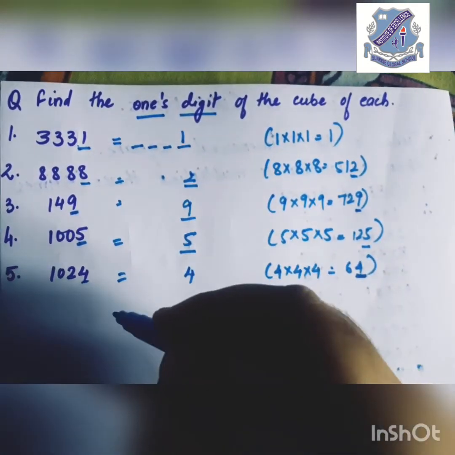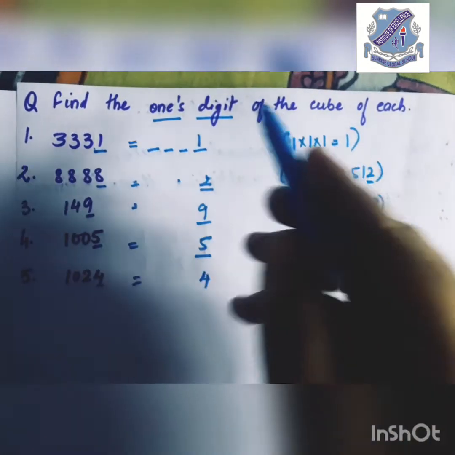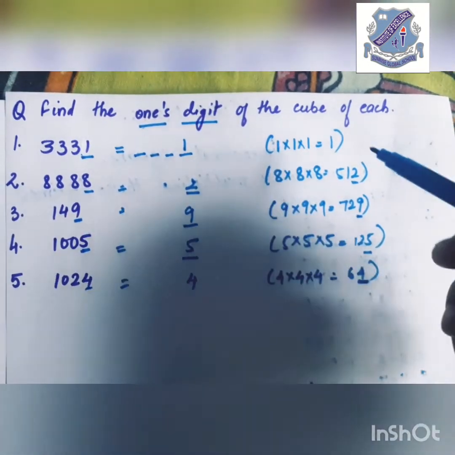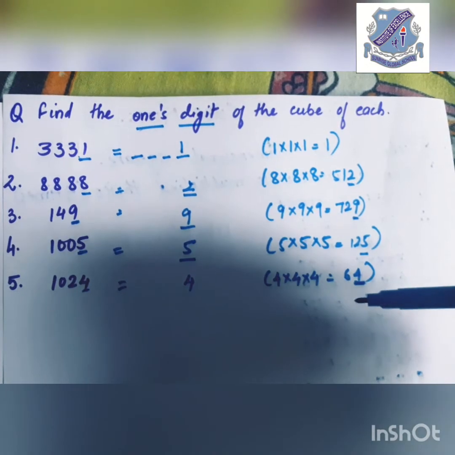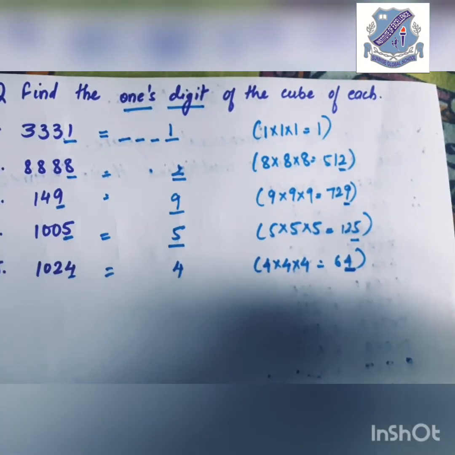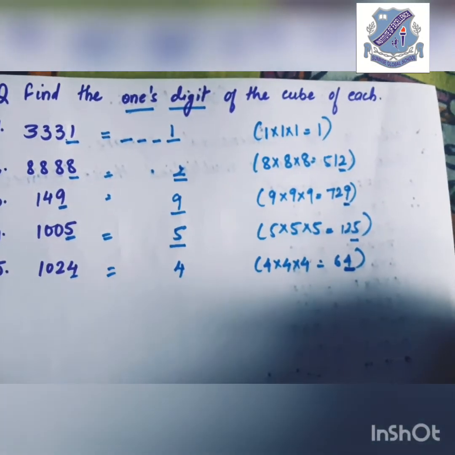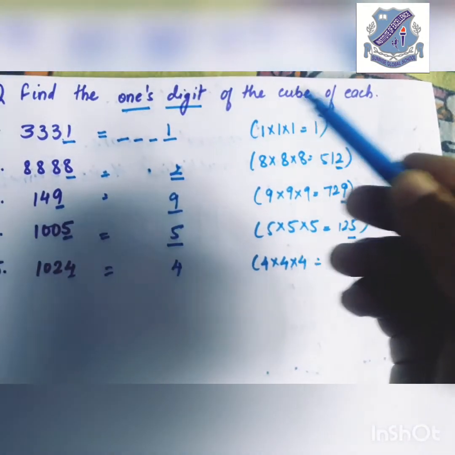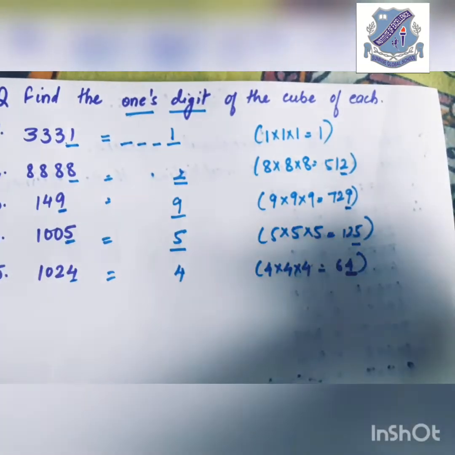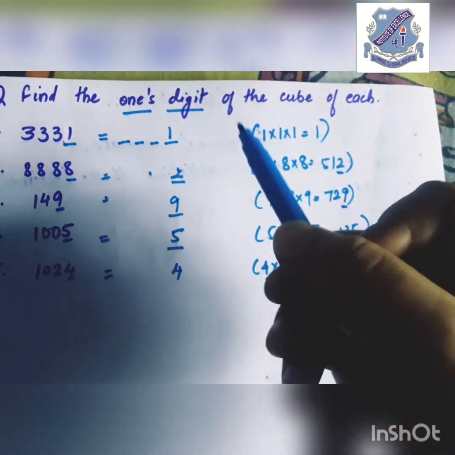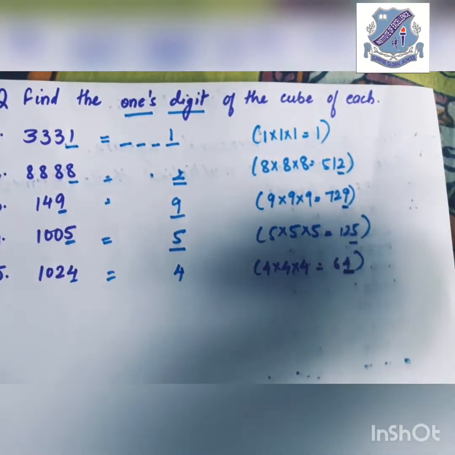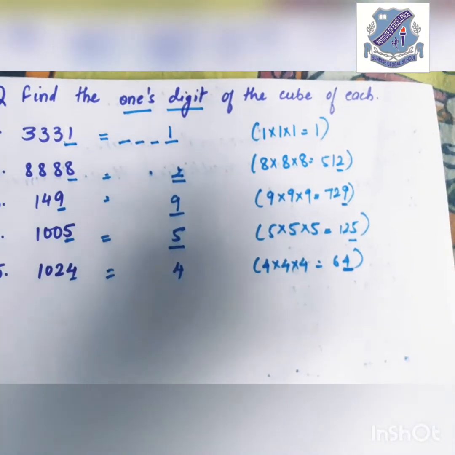So here in this whole sum, we only had to calculate the unit digit, that is the ones digit, so this is a very easy method to calculate it. We do not need to find the cube of each number separately. So this is how we will find the ones digit of the cube of any number. So this is how you will know what the ones digit will be, and you can check whether the option given is a cube of that number or not.